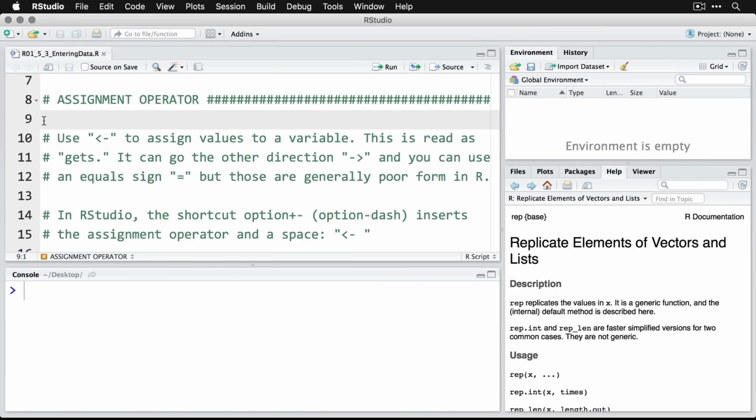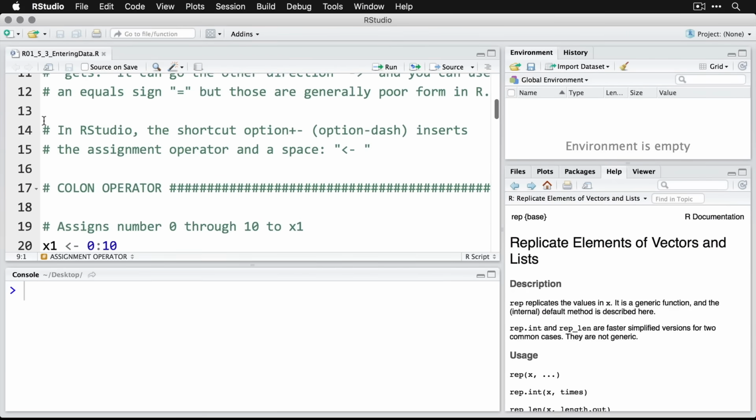And you can use an equal sign. R knows what you mean. But those are generally considered poor form. And that's not just arbitrary. If you look at the Google style guide for R, it's specific about that. In RStudio, you have a shortcut for this. If you do Option dash, it inserts the assignment operator and a space. So I'll come down here right now and do Option dash. And there you see. So that's a nice little shortcut that you can use in RStudio when you're doing your